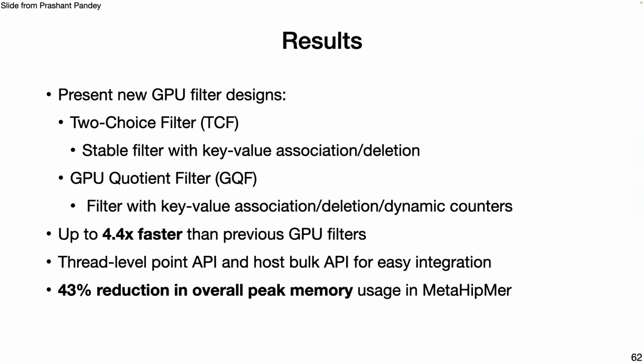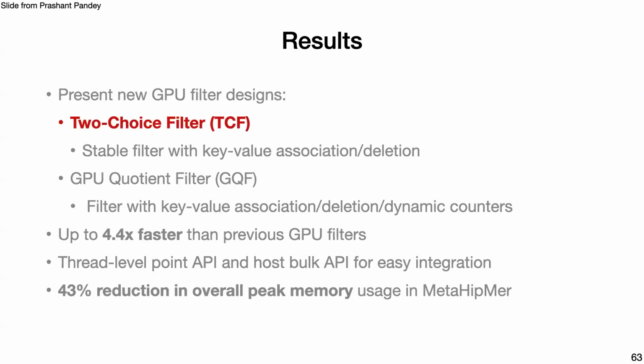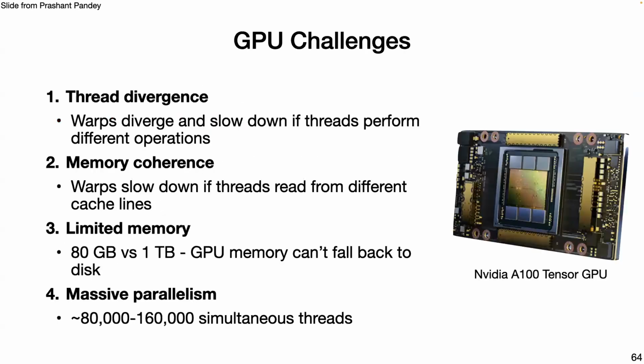So the main results are these two GPU filter designs. The first one is called two-choice filter, based on the power of two choices. The second one is GPU quotient filter, based on quotient filters. And they are up to 4.4x faster than previous GPU filters. They support multi-threaded point insertions and bulk insertions, and can reduce the peak memory usage in downstream applications. So in terms of design, I'll talk about